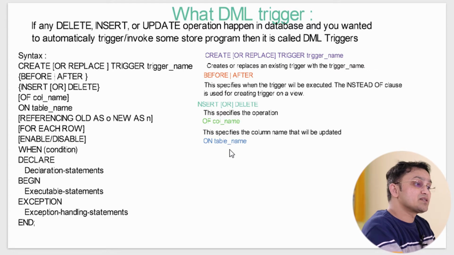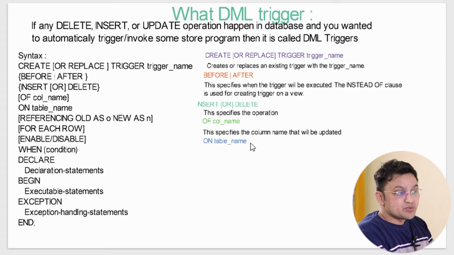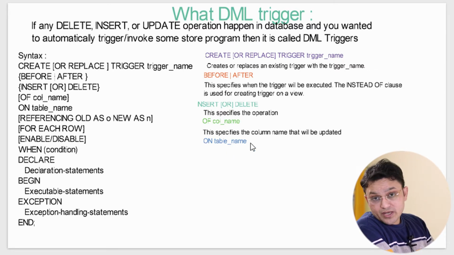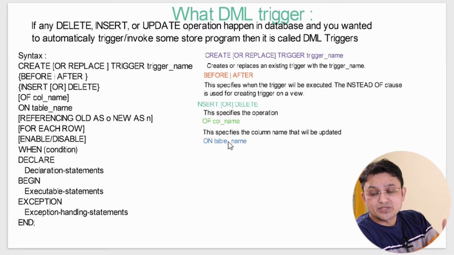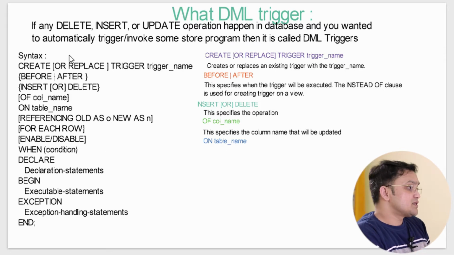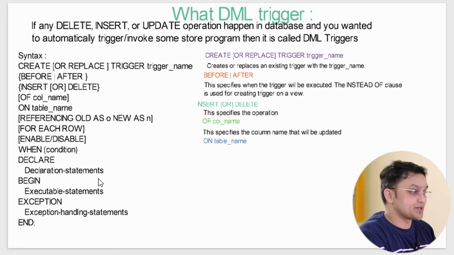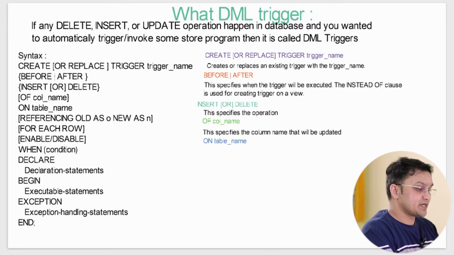So I will write the employee table over here, because I am saying that, boss, if anything happens on the employee table, only then execute this DML trigger. That is the reason we need to mention the employee table on the table line. If I have mentioned the employee table and a DML statement executes on some other table, then this program won't run, or this trigger won't get executed. So that is the thing you need to take care of.